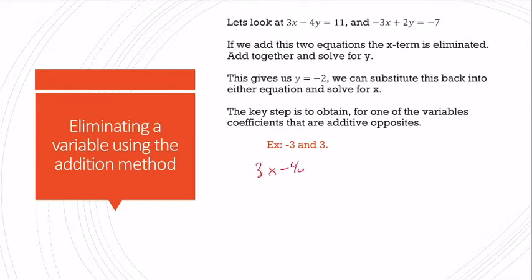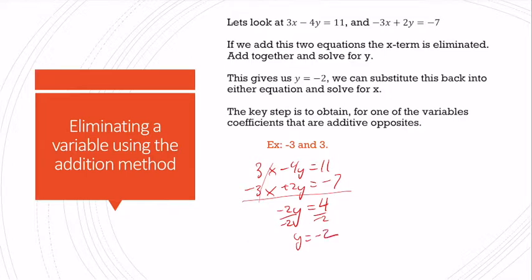If I was to add these two equations together vertically, I would get negative 2y, because my x's would cancel out, negative 2y equals positive 4. We divide both sides by negative 2, and I get that y equals negative 2, okay? We can then substitute this back into either of our equations in order